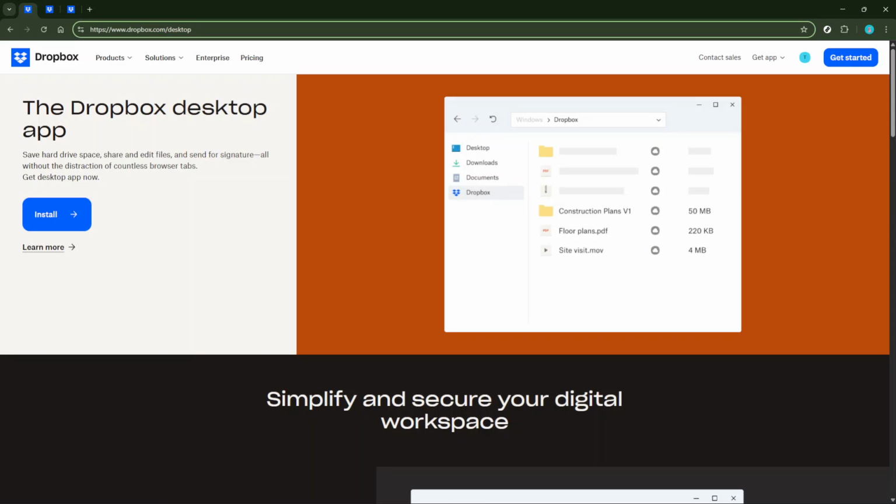In today's video, I'm going to teach you how to use Dropbox in just 5 minutes. Whether you're new to Dropbox or just need a quick refresher, by the end of this guide, you'll be confidently navigating and using this popular cloud storage service like a pro. Let's dive right in. First things first, the initial step you need to take is to download and install Dropbox